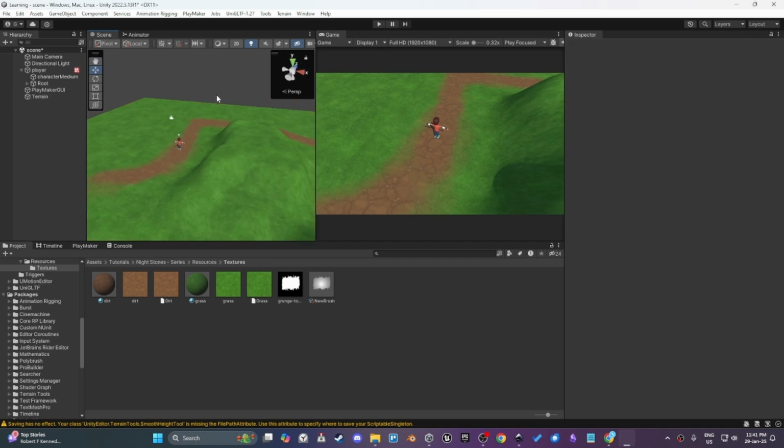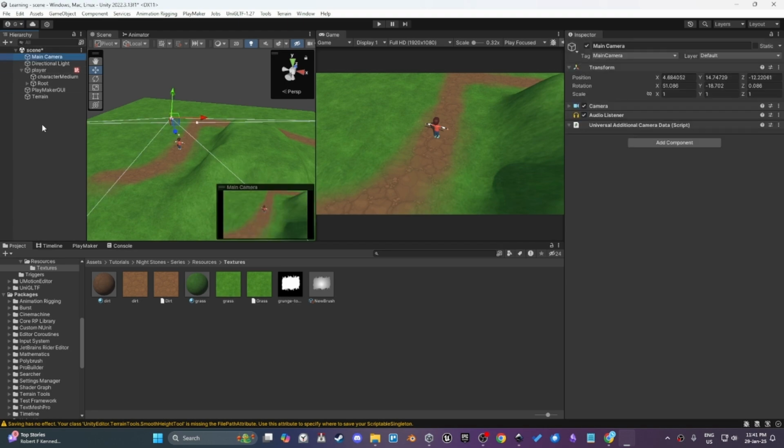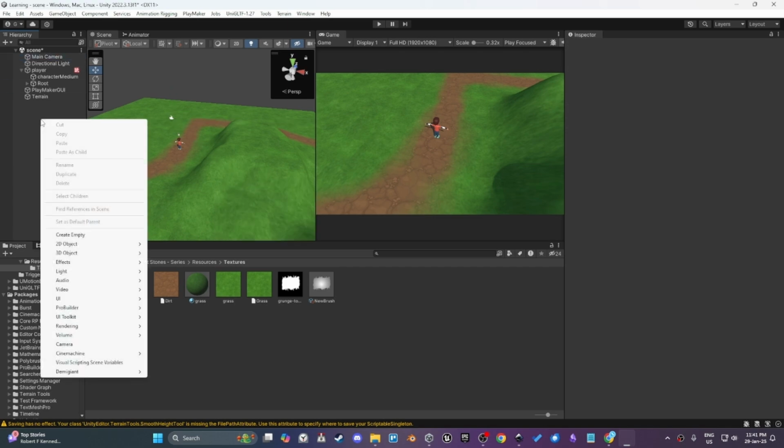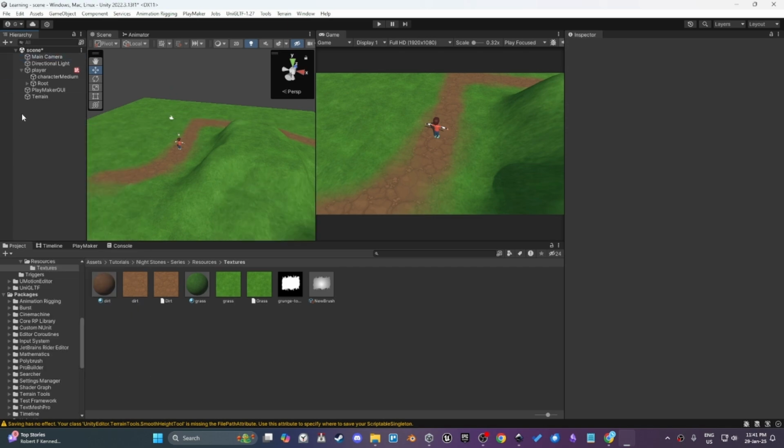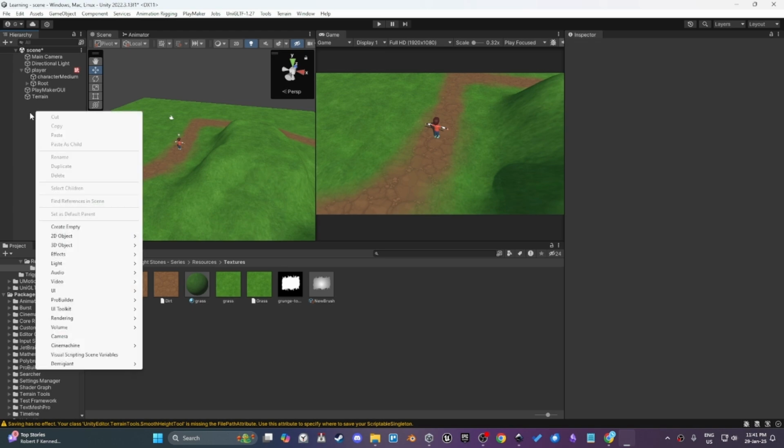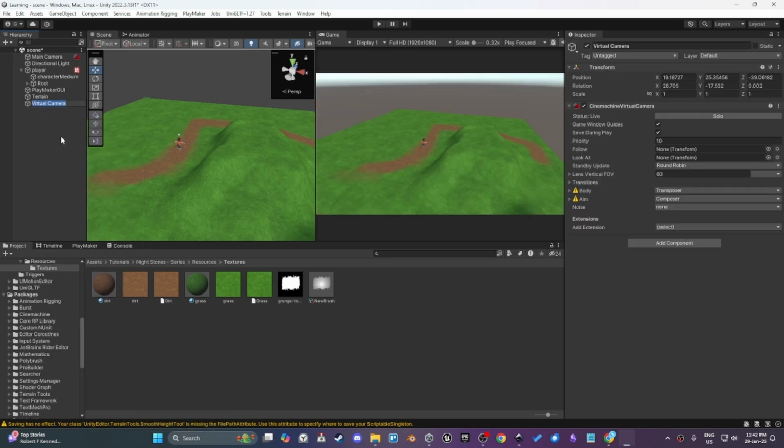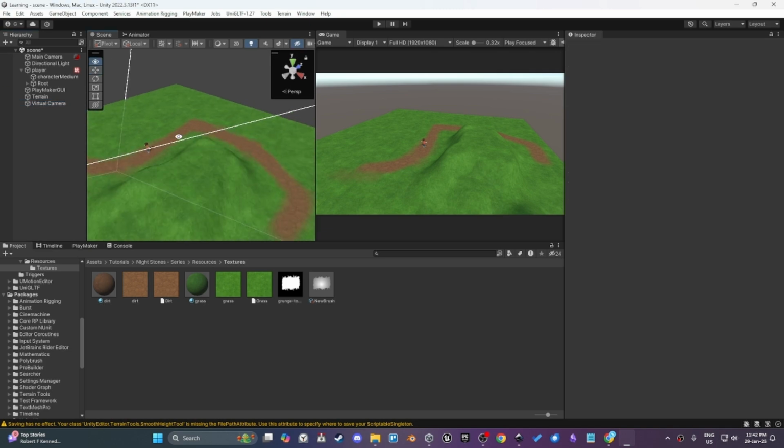So what we are going to need from the scene is the camera. We need to override this with a Cinemachine camera. Once you've installed Cinemachine from the package manager, you should be able to right click in the hierarchy and you can see the Cinemachine camera options here. So let's start with the virtual camera. It's just like the basic stuff where you can add or remove options as you need. So I'm gonna use this one and set the,